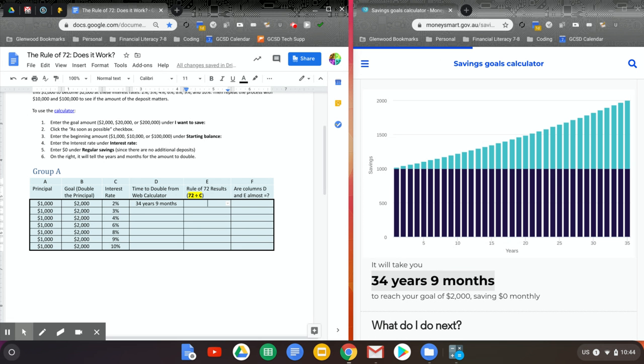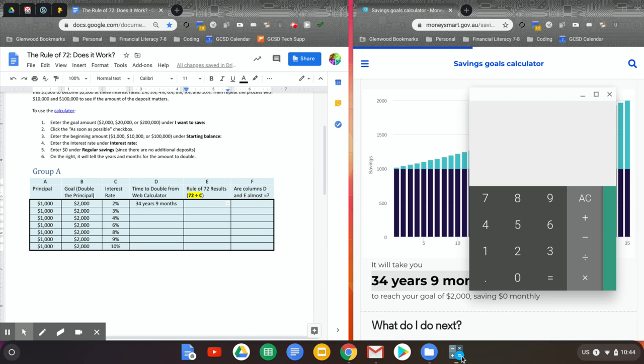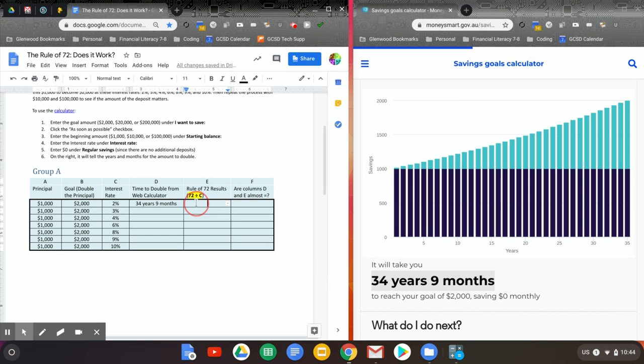In column E, we just want to do the rule of 72. So we're going to take 72 divided by the amount that's in column C, 2% in this case. So 72 divided by 2. You can either do that in your head or in scratch paper, or you can get out a calculator and put in 72 divided by 2, and you'll see that it's 36. So, and this is in years. So we'll put 36 years